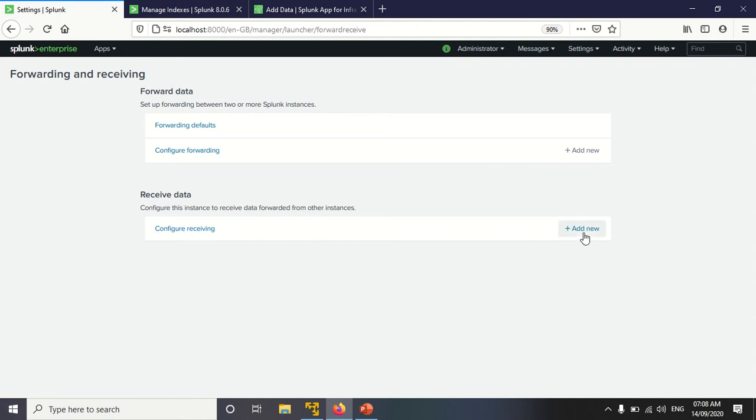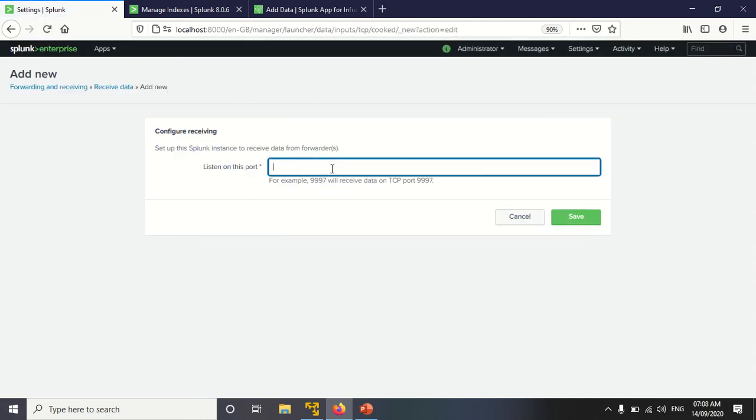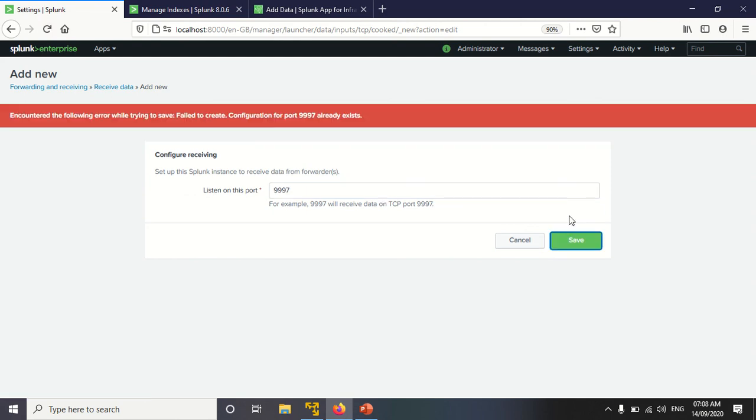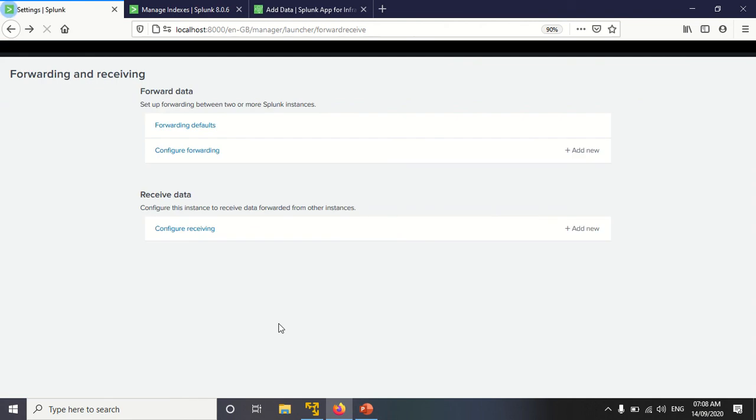Near Receiving Data, click on Add New, then enter 9997. When you click on Save, this port will be added over here. I have already added this port, so if I try again, it will show me an error.